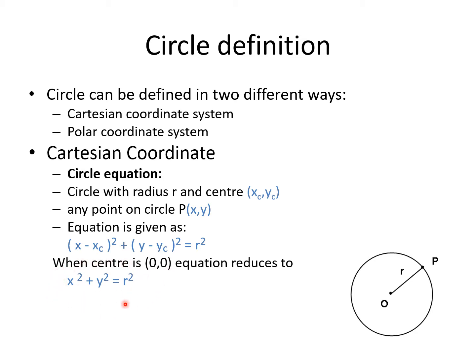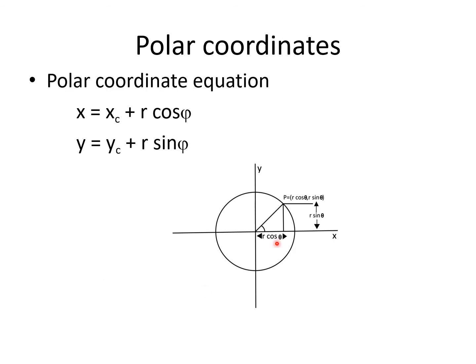And in the algorithm, we will perform all the calculation with respect to origin. And then we'll shift our calculated coordinates to the desired location. For calculation purpose, this equation will be used in the algorithm. In polar coordinate system, we use theta to obtain the points along the circle path. Every time this theta, this angle, is incremented by 1 and the points on the circle path are calculated by the equation which is given over here. We should know the center and the radius.